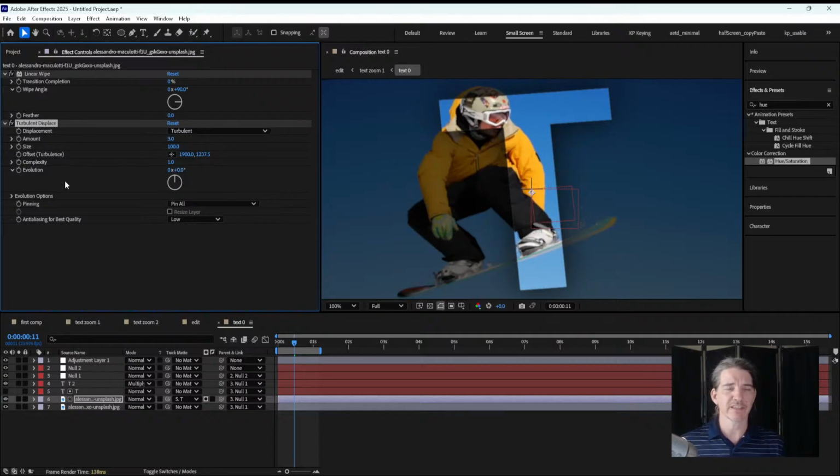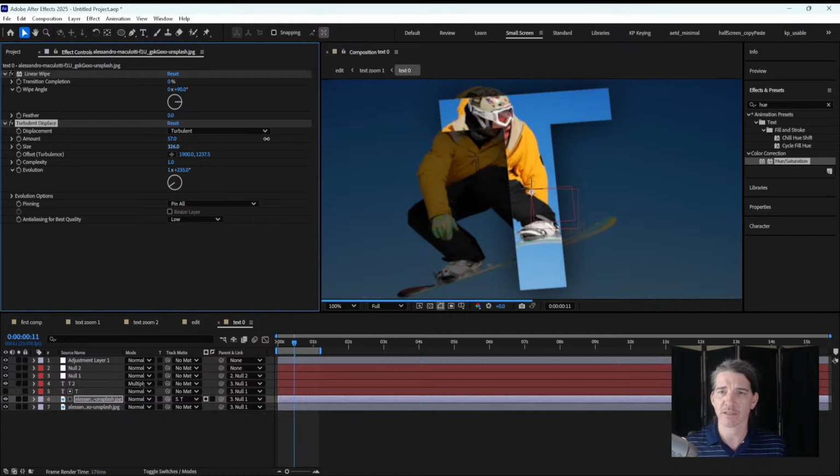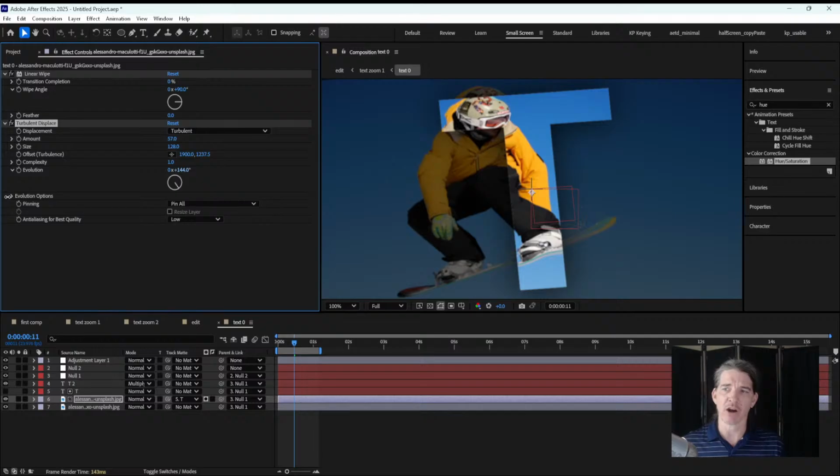And some of these effects have something in there called evolution. So the settings are there, and it's like a radial, you can kind of see it's wiggling a little bit in there. I'll make it bigger to be more obvious. You can change the size of it, but you could drag that. And I think that is a large part of what's happening in that Sapphire plugin. It's like adding a displacement as well as probably